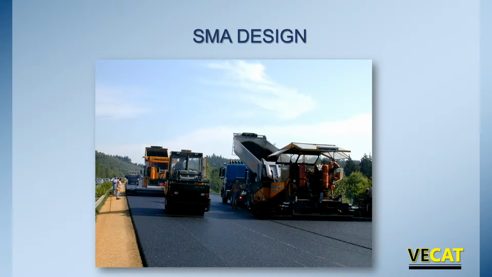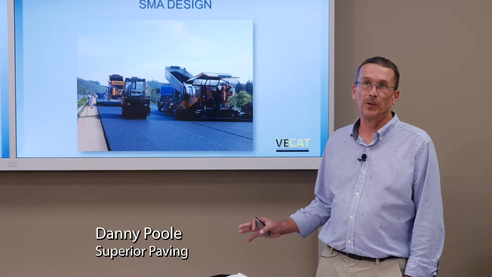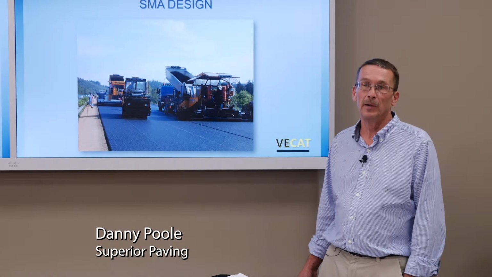So if you were to plot your gradation of an SMA design on a 45 power chart, it would not resemble the gradation of a Superpave conventional mix. These mixes contain aggregates that are retained on the upper and lower sieves. Thus, the name gap graded refers to the gap in the middle of the sieves, or the middle sieves with hardly any aggregate retained. So imagine if you plotted an SMA final design blend on a 45 power,